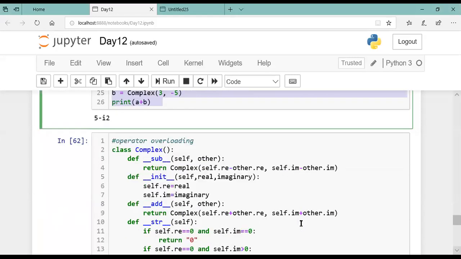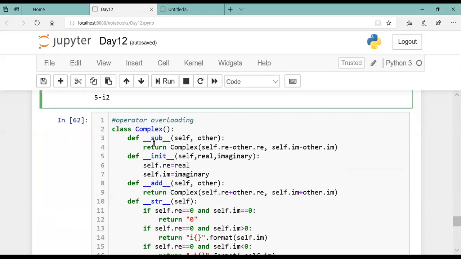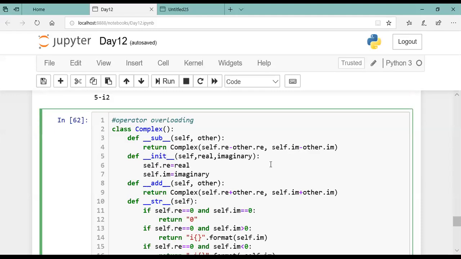Okay, so subtraction similarly you can make like this. So the question which you asked, dunder function can be user defined. Yes, you can make it. And here in the definition you will write minus, you will get the result.